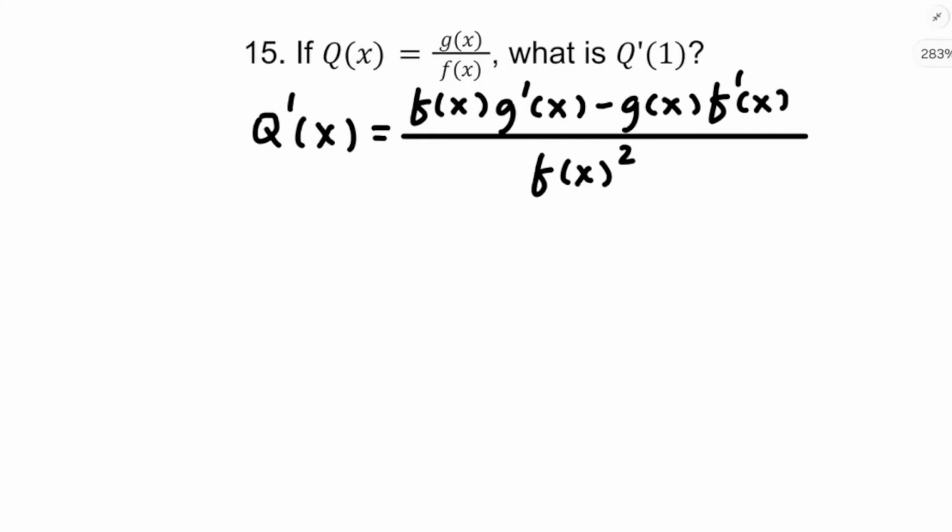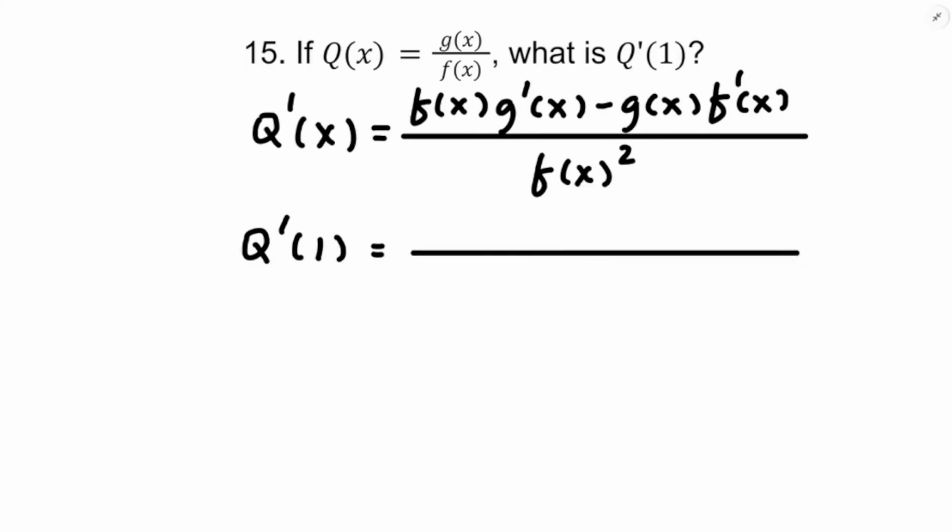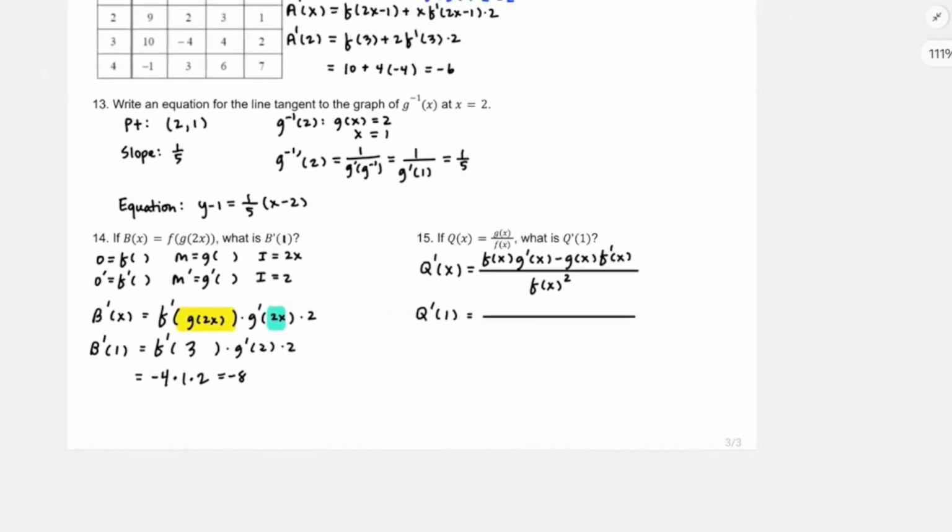Okay, then q prime of 1. That's a lot of looking up from the table. Okay, so